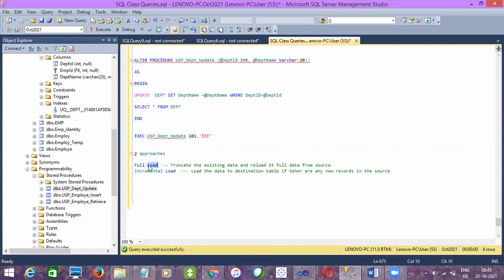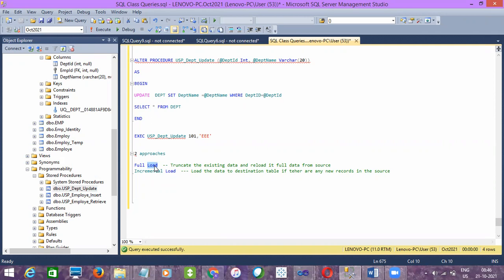See, first thing is full load will be used for dimension tables. We'll call it like dim geography. See, dimension tables are nothing but a template for all the tables. Like we'll create once, and then like dim date tables or dim time, right? So it will not change once we created the calendar tables, or maybe dim locations. See, the locations will not change, right? So it will be the same. Maybe like state names, right? The city names.